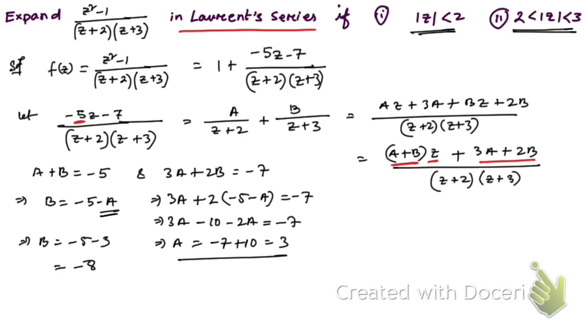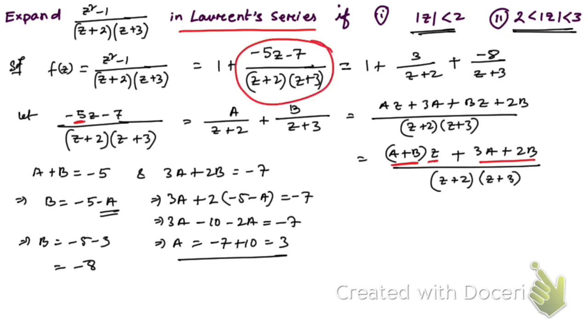So we can write f of z is equal to 1 plus a by z plus 2, that means 3 by z plus 2, plus b by z plus 3, that is minus 8 by z plus 3, right? Because this part can be written this way, and the values of a and b are 3 and minus 8. That's what we have used here. Okay, so hope you